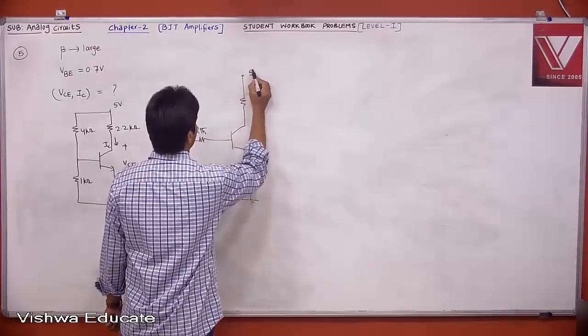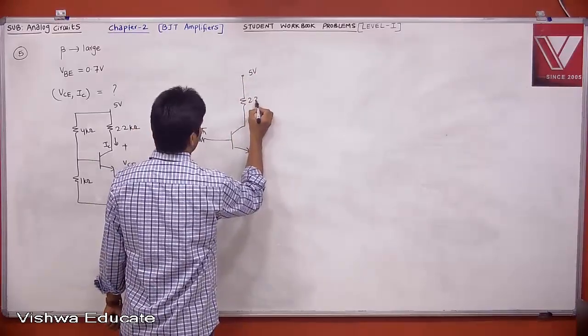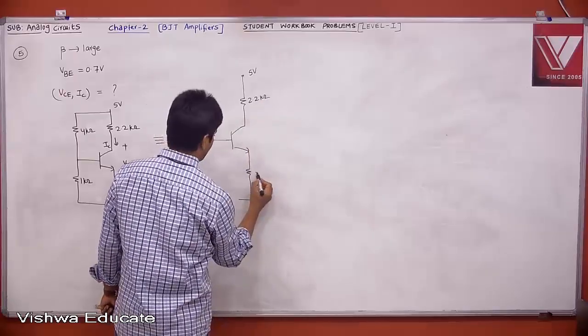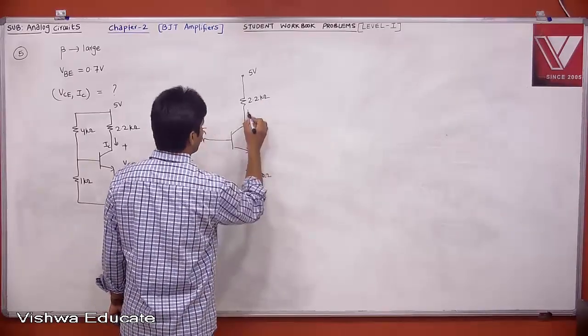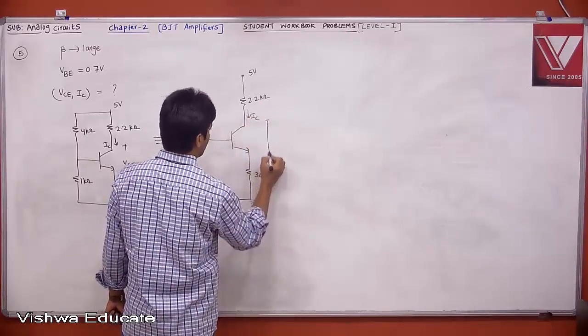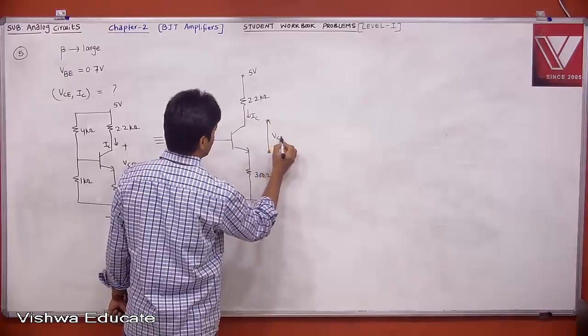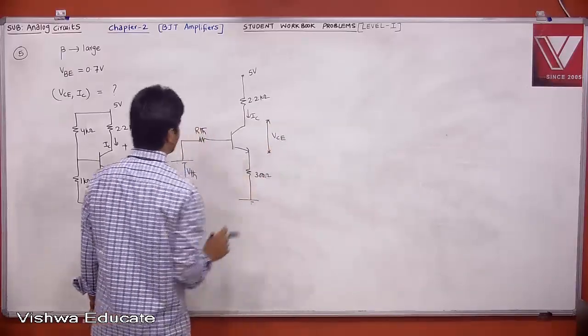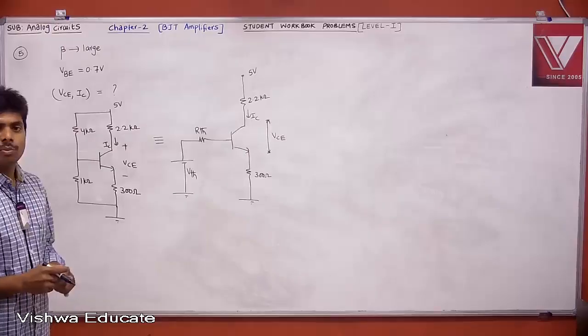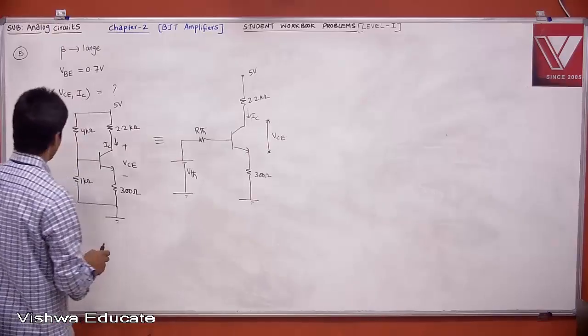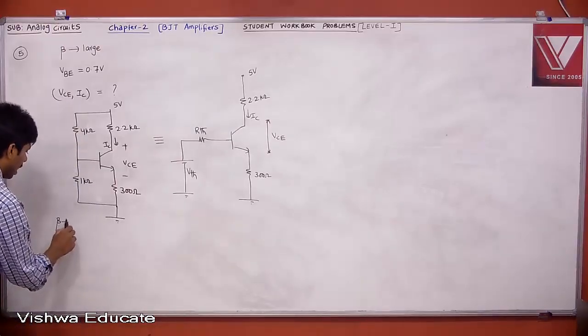This is 5 volt, this is 2.2k, 300 ohm, and this is what your IC and VCE. Okay, and the beta is very large. You know what is the meaning of beta is very large? When I say beta is very large,